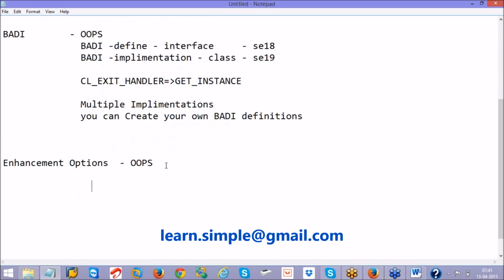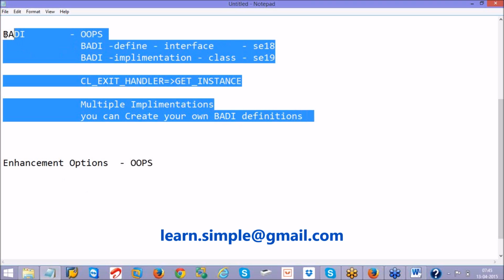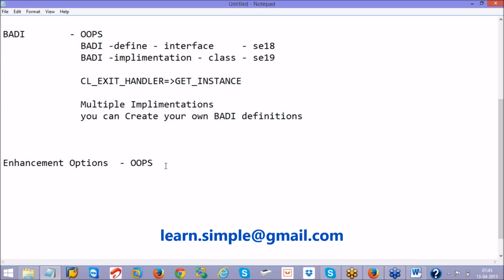I will just give you the theoretical part of enhancement options now, but today in the practical session we will cover BAdIs. Just for your understanding, I'm explaining this theoretical concept. There are two types of enhancement options SAP has given us: explicit enhancement options and implicit enhancement options.